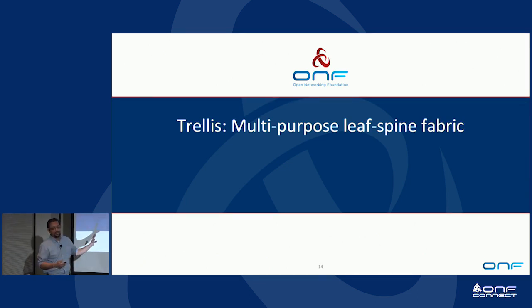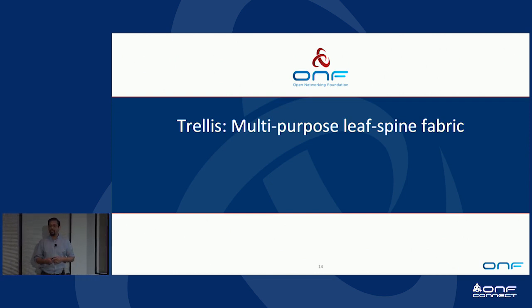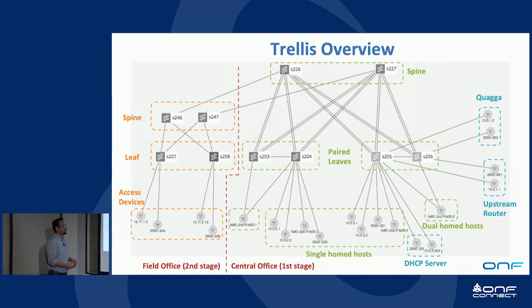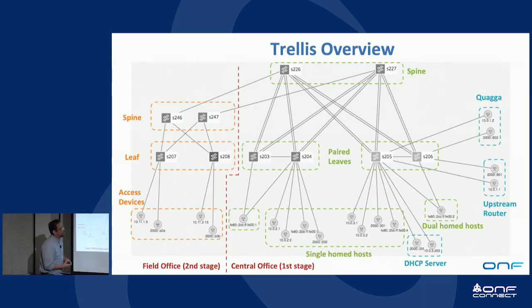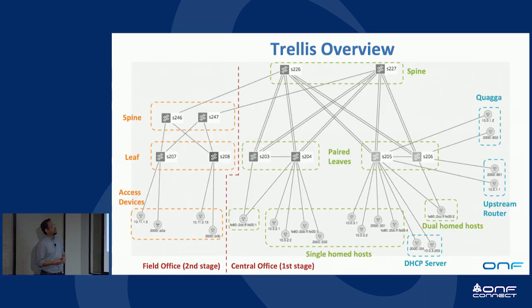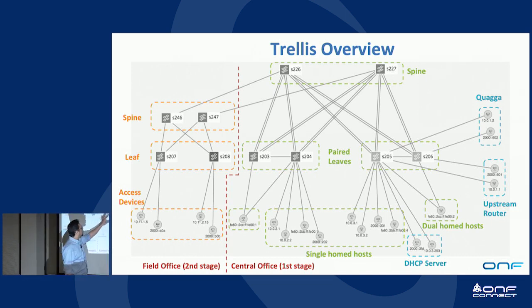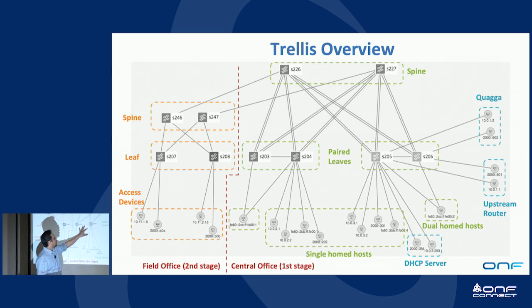So I will tell you a little bit more about what Trellis does in its full glory, but you should remember that in SEBA, only the smallest instantiation, a single switch, is used today, and in the future we have plans to use two, a dual TOR combination with active backup for high availability. Okay, so this is what SEBA looks like. This is what Trellis looks like, and in its full glory, here are two top of rack switches that are paired.